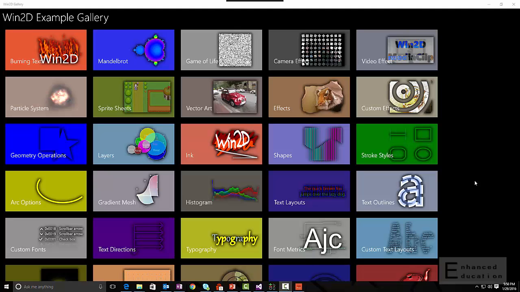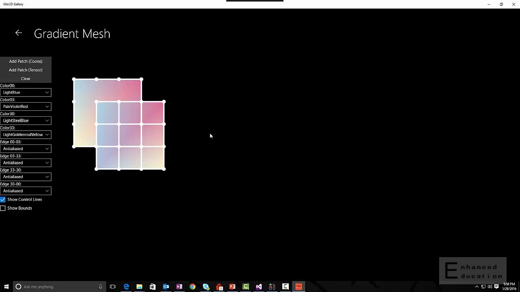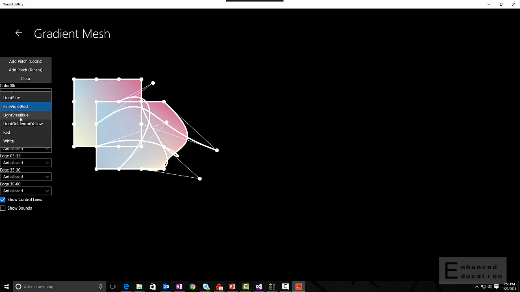Okay, so let's go to our old friend, the Win2D example gallery. This is an app which you can download from the Windows Store, or you can get the source from GitHub. The first demo I'm going to show you is gradient mesh. Gradient meshes are a geometry primitive where you can define a quad and manipulate its outline using Bezier curves. You can also change